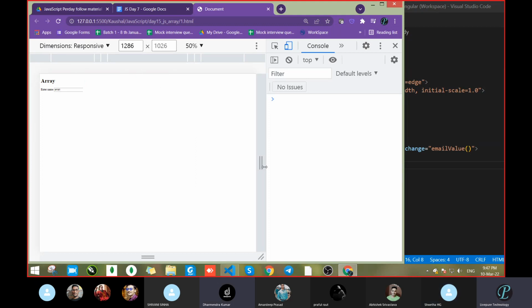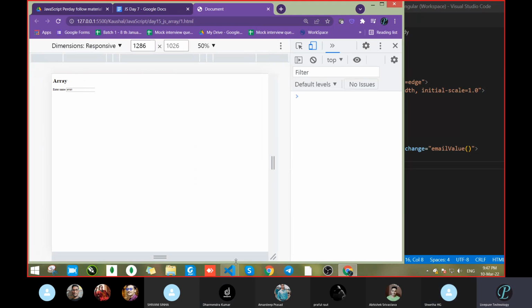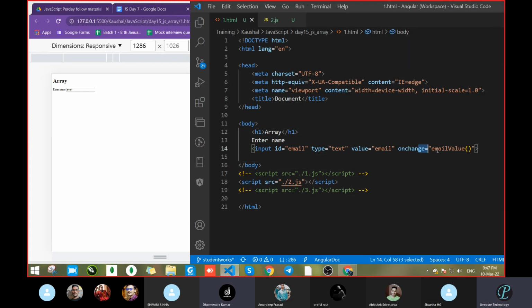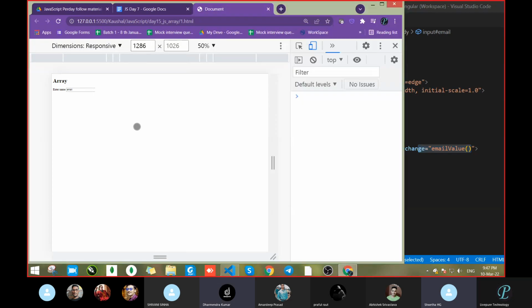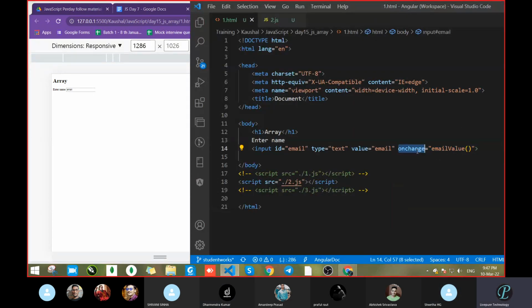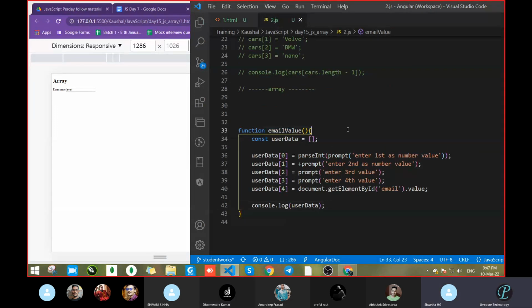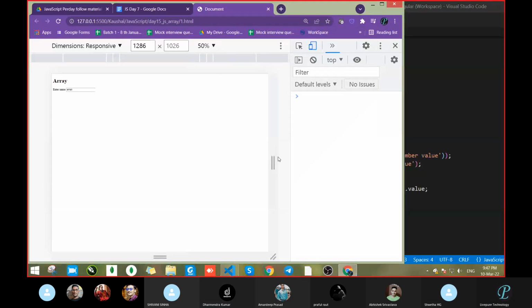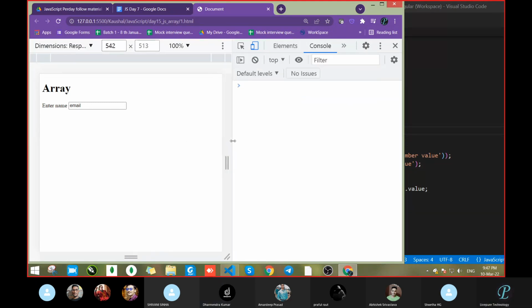Oh my God, I made a blunder. Sir, what is this one? Event, sir. Event is onchange. Yes, this is the function call. I think it works. Console dot log user data. I thought I made a blunder. So it's showing an error. It will show an error.